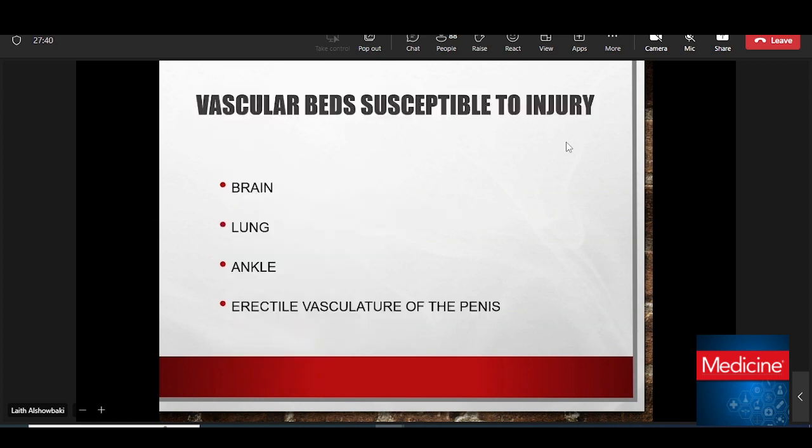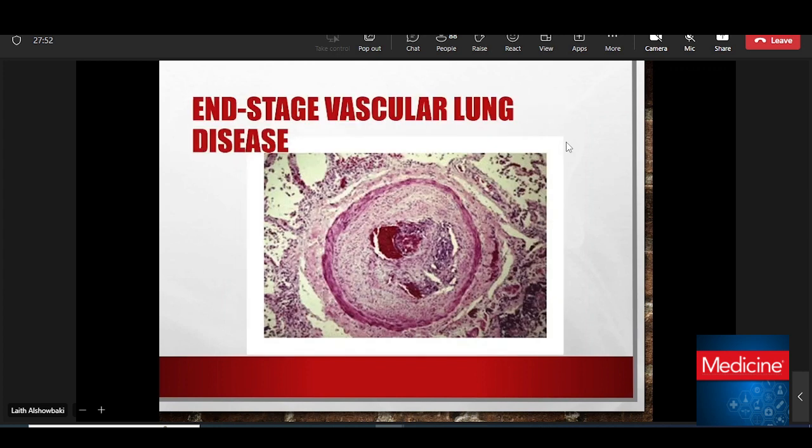So these vascular events or the veno-occlusive crisis can affect anywhere from their brain, lung, ankle. They can cause erectile dysfunction of the penis. And you can see one of the most severe complications of that disease when you see end stage vascular lung